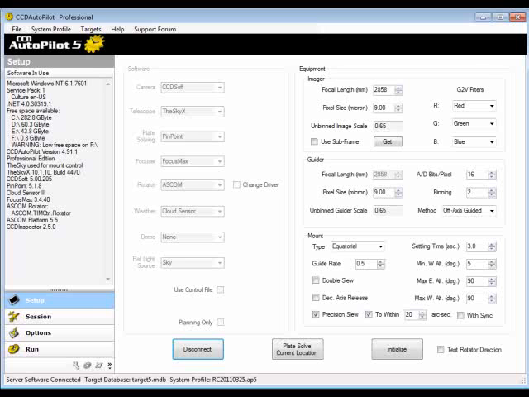In this session, I'll discuss some of the Professional Edition features, some of which are new to CCDAutoPilot 5. The first one I'd like to talk about is the Filter Focus Offset Wizard. This is a method to automatically measure the offsets introduced by different thickness filters and/or different spectral response to